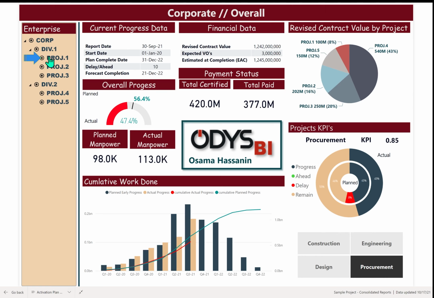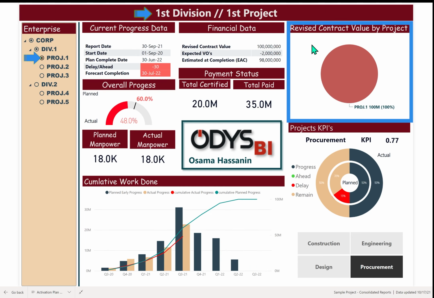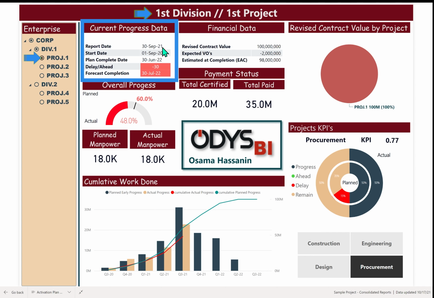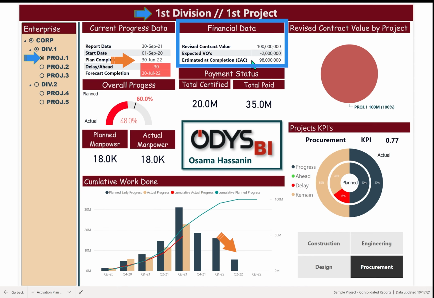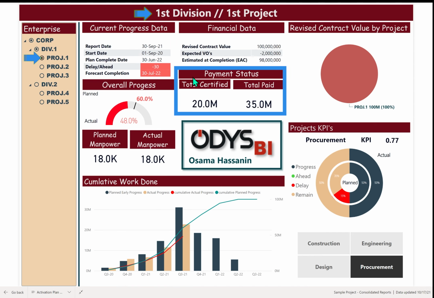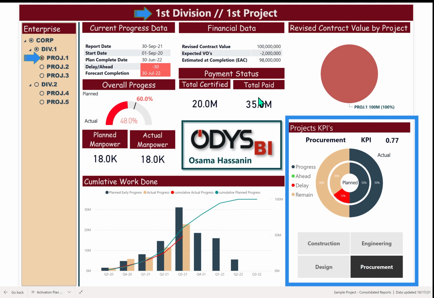If I go to project number 1, the chart will be for one project only. You have the current progress data, the report date, start, planned completion date, and delay and forecast completion date. Overall progress, planned versus actual, planned manpower versus actual manpower, work distribution from third quarter of 2021 up to quarter 2, 2022. The revised contract value, estimated at completion, the payment status versus total paid, and the KPIs